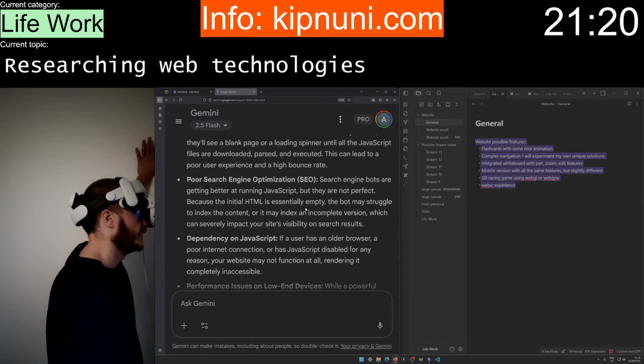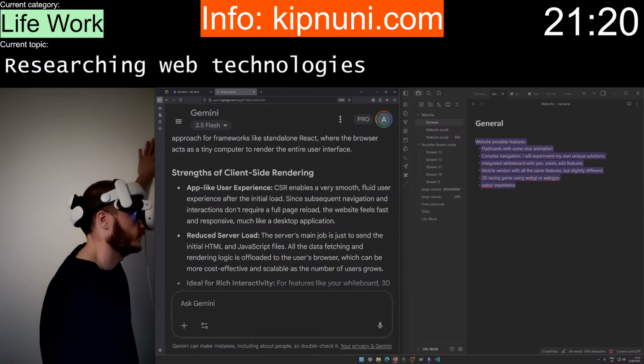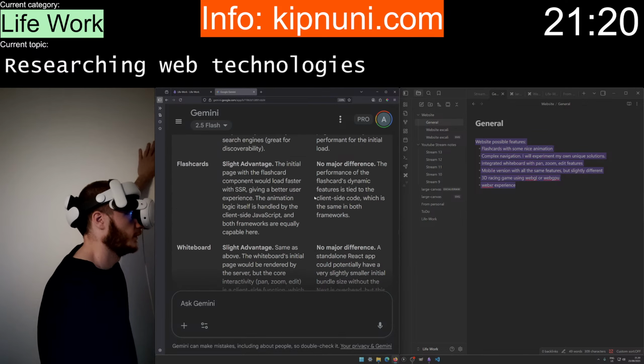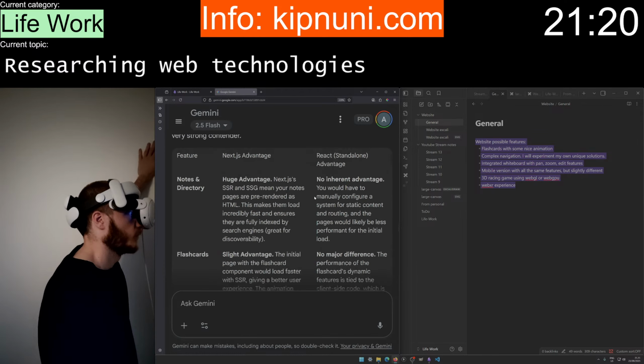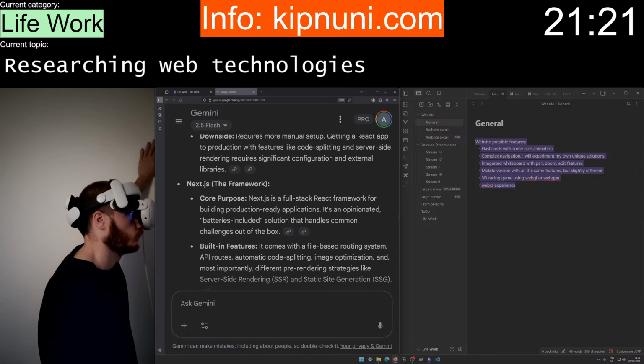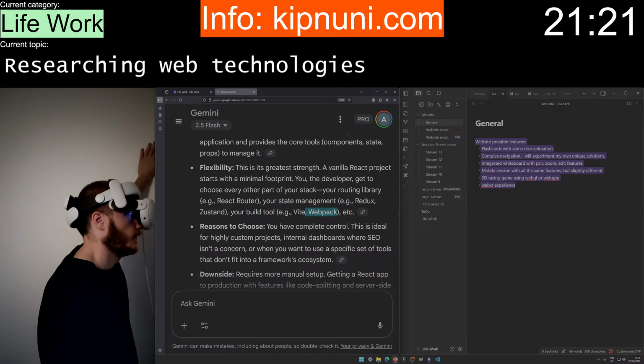Would I want to create that stack myself? That's sort of what we did in school. That we used. I think I have used Redux, React Router, Vite I have used, Webpack I have used.